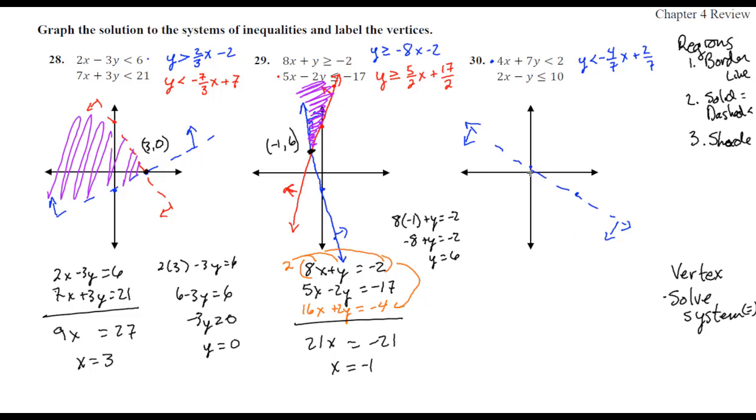You can double check. 0, 0 should work. 0, 0, is that less than 2? It is. Or is y less than 0 plus 2/7? It is. Good. Now let's take the other equation with a red, and we are going to subtract 2x and